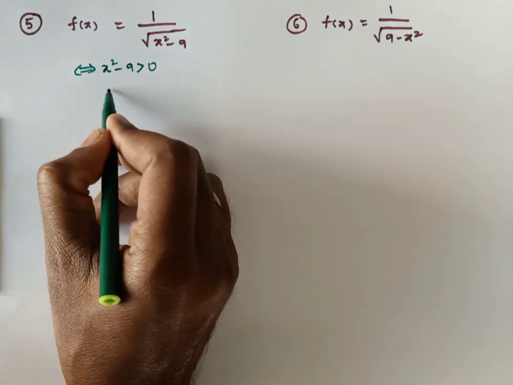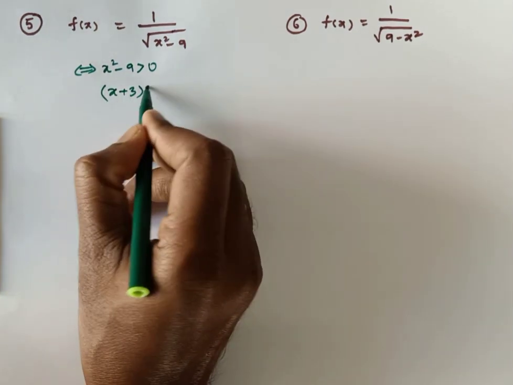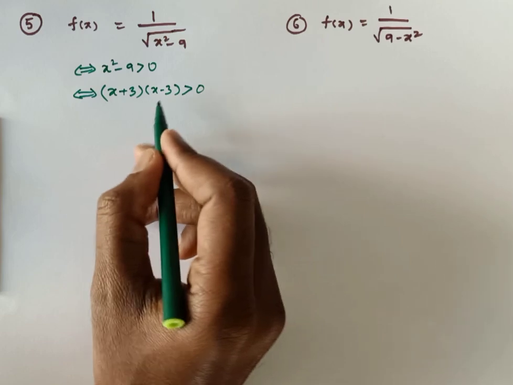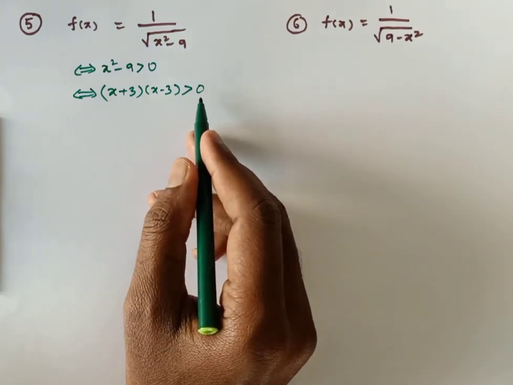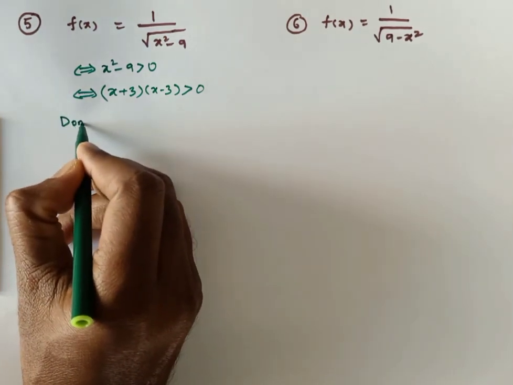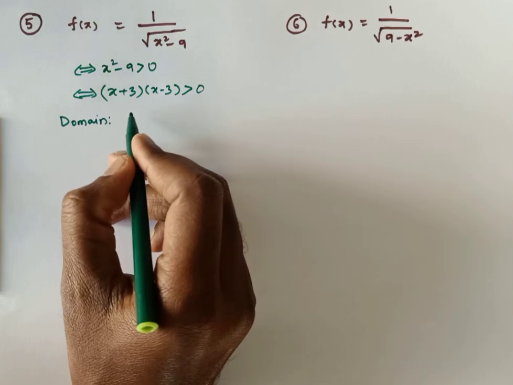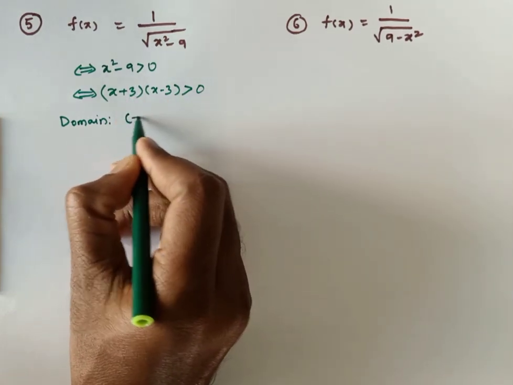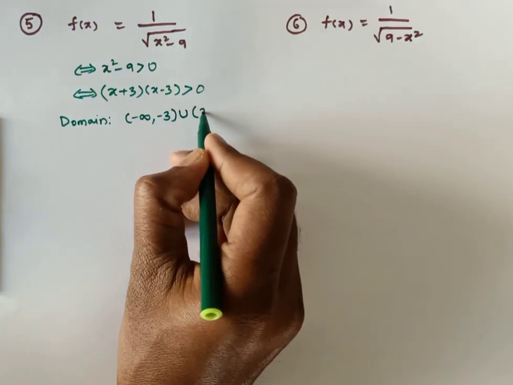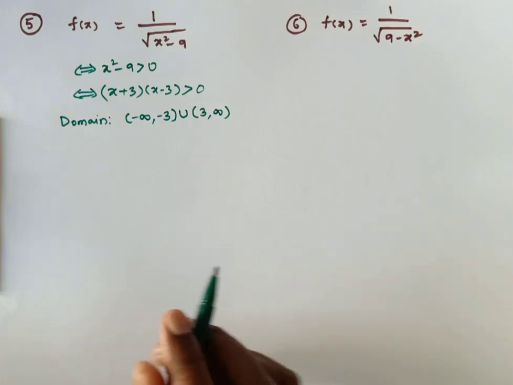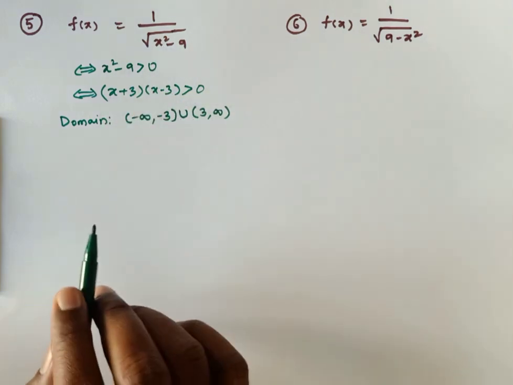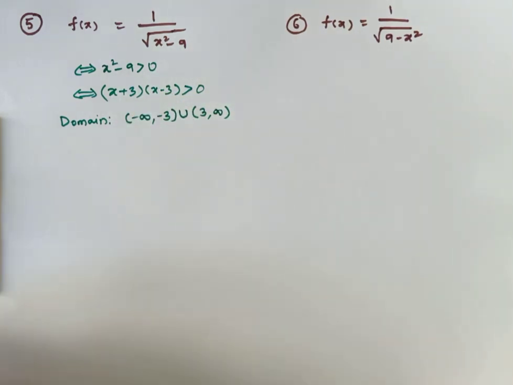Okay, x square minus 9 greater than 0 means (x plus 3) into (x minus 3) is greater than 0. We already know the solution for this. When (x plus 3)(x minus 3) is greater than or equal to 0, we got minus infinity to minus 3 union 3 to infinity as closed intervals. So here the domain is a directly similar problem; only the equal to symbol has gone. So it is minus infinity to minus 3 open union 3 to infinity. Observe the difference between the third problem and the fifth problem. Same root of x square minus 9, but it lies in the denominator. So when it is in the denominator, the condition is that it should not be 0.